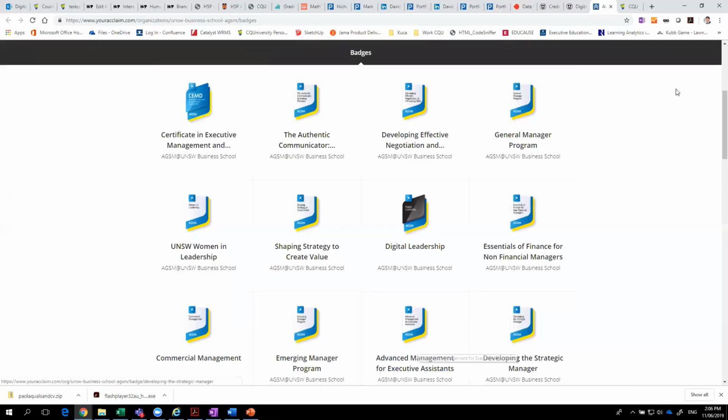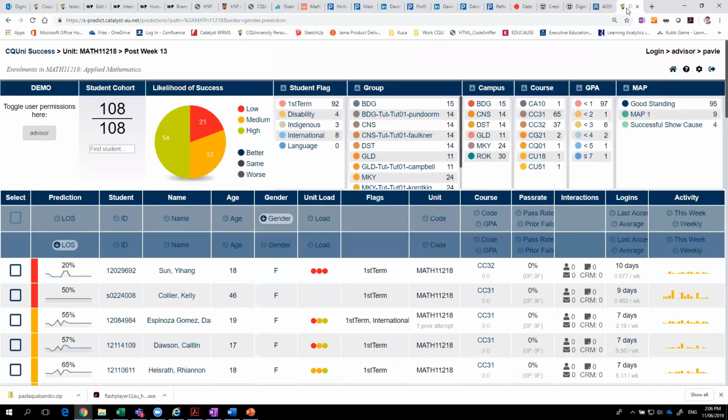And one final thing I'll show you: we are, as you know, working on a predictive learning analytics product. So I'll showcase what it looks like at this stage. We are frantically working with our developers to put in some additional functions and make it more consistent with university theming. So it will change quite a lot in the next fortnight, but functionally it's quite similar to what you see here on the screen, and quite similar to what you would have seen in Easy.